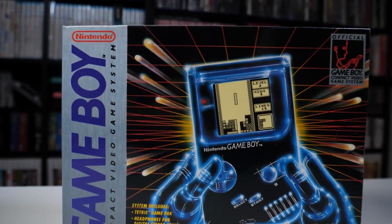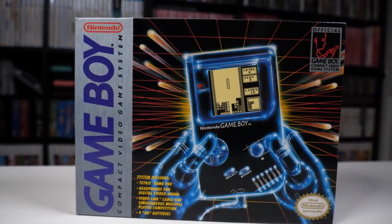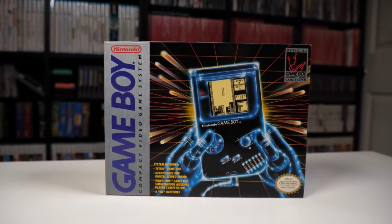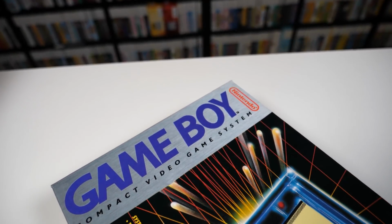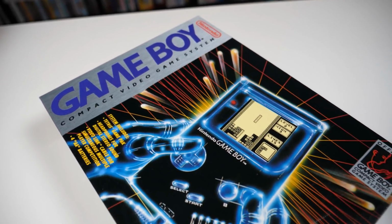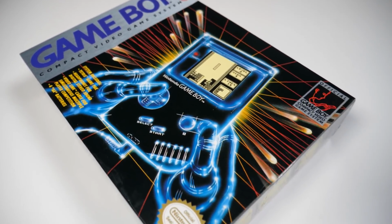So before I open it, quick, let's take a look at the front here and the back and everything. On the front here, it actually says that there's a system included, and I believe this was the original style bundle, where it came with a Tetris game pak, headphones, a link cable for multiplayer, and then 4 AA batteries, which I'm very excited to see if those are corroded or if they're just fine. Well, I'm nervous, but...